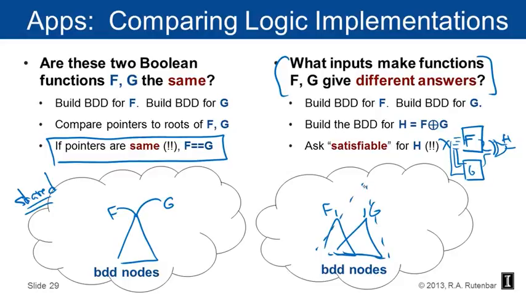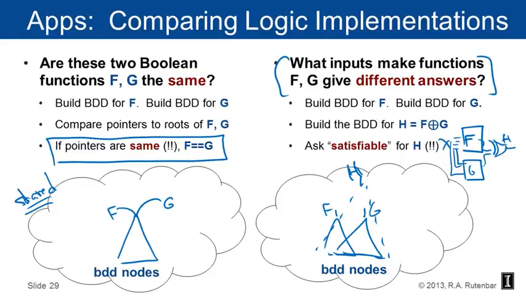Right? Don't really know how to draw that, but let's just assume that it's something big and complicated and sort of subsumes them both. And then I'm going to ask if h is satisfiable, which means I'm going to ask if there is a path from the top of h to the 1 node. And if that's the case, every such path that goes from the top of h to the 1 node specifies